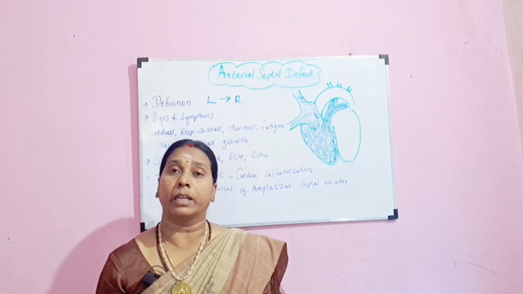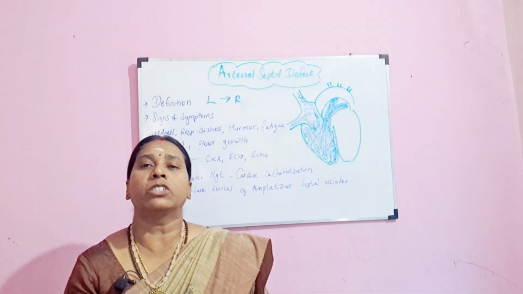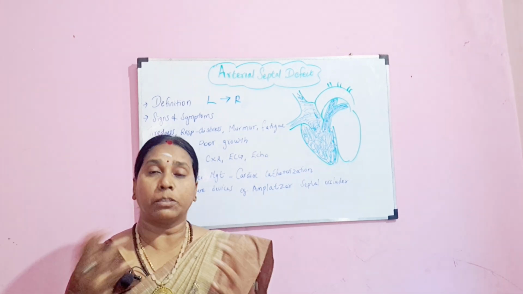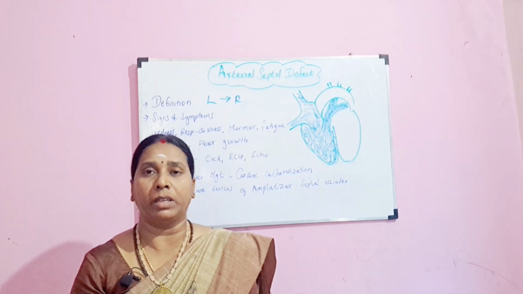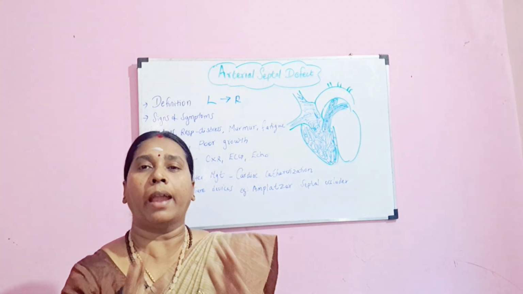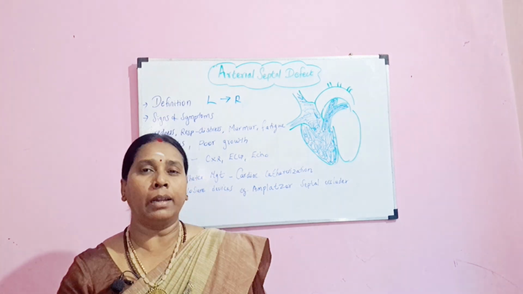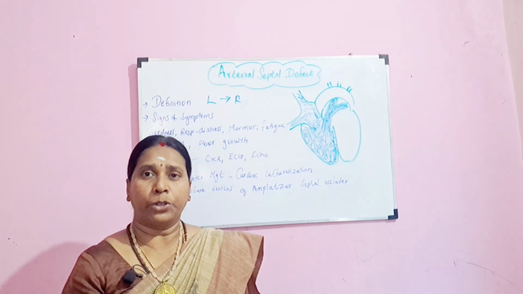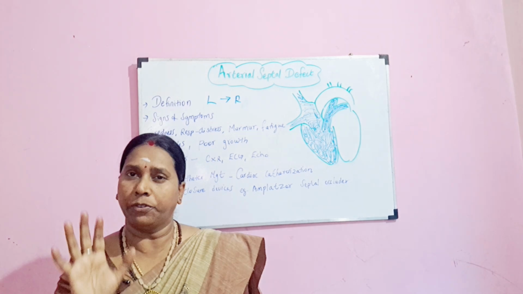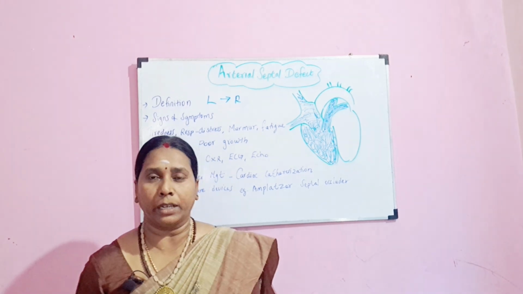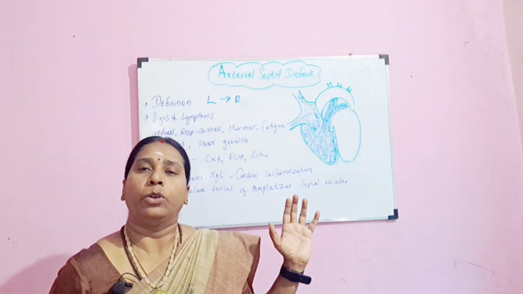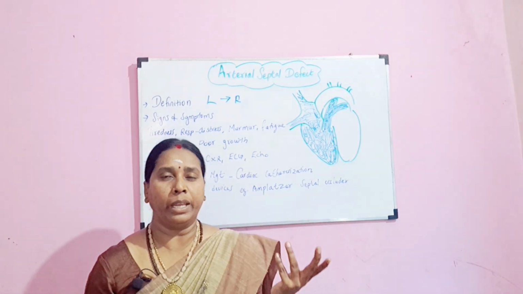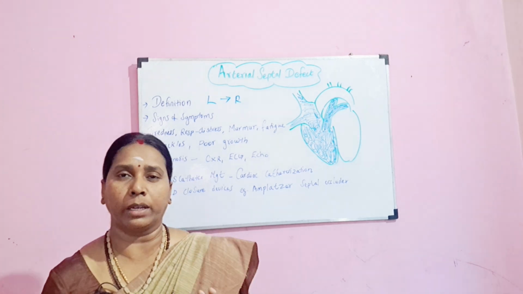So the lungs are getting overloaded because too much blood is entering the right side, and from the right side it is going to the lung. Because there is too much blood, the baby is having respiratory distress, and the baby will have signs and symptoms related to respiratory distress, and there will be right ventricular hypertrophy and right ventricular failure, which can be diagnosed through your x-rays, your ECG, and with your echoes. So 2D echoes are commonly available where you can confirm your diagnosis.